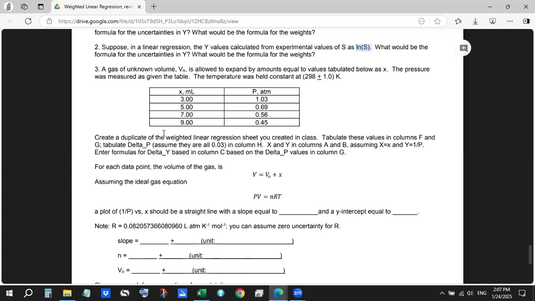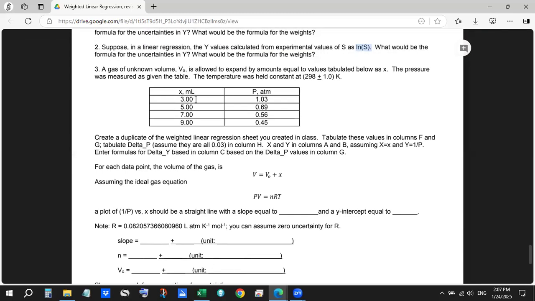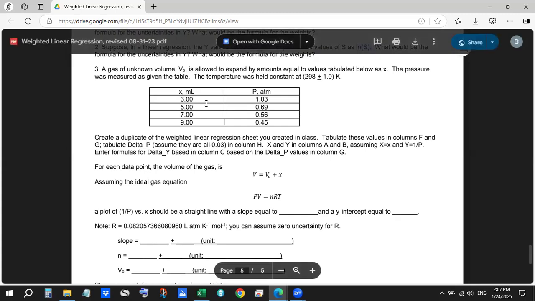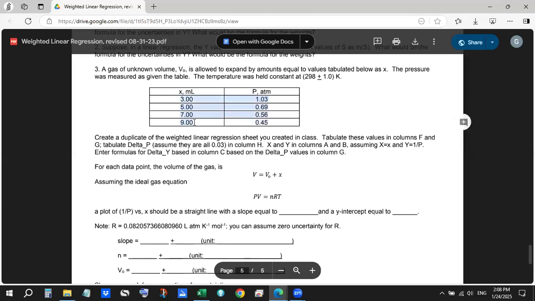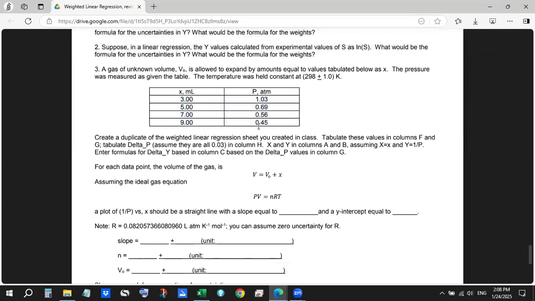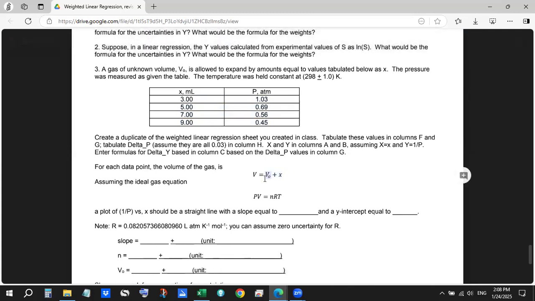And then you're going to do this right here. You have data for, actually this is for Boyle's law. This would be very similar to the data you'll collect for your first experiment. So you vary the volume of a gas contained in a syringe, and then you measure the pressure of the gas as you change the volume. So as the volume expands, okay, the pressure changes. Now the actual volume here is V naught plus the syringe reading, where V naught is some unknown initial volume,